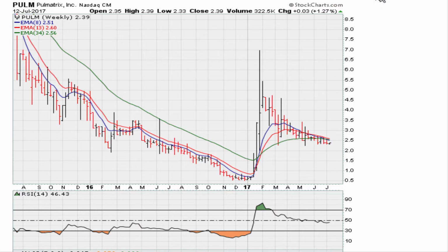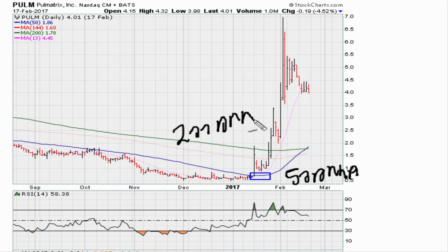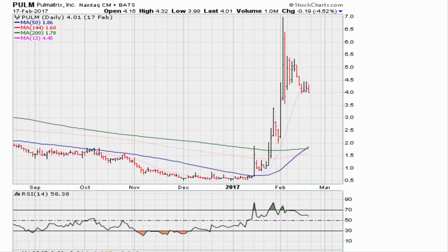Now let's take a look at the stock. Go to the daily chart. Based on the method, which I call the Muathe Virgin Breakout, you can see here we had a flat 50-day moving average. And the other one is the 200-day moving average. So as not to confuse you, the green line here and the blue line here is the 50-day moving average. So we had a flat 50-day moving average,